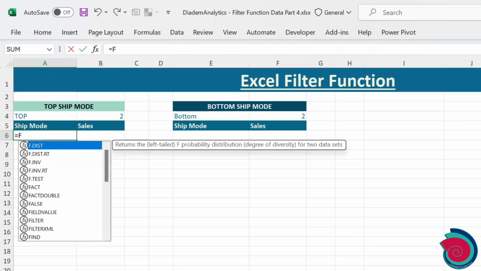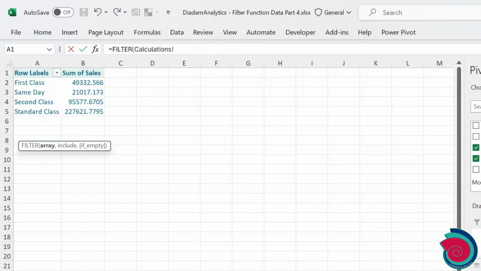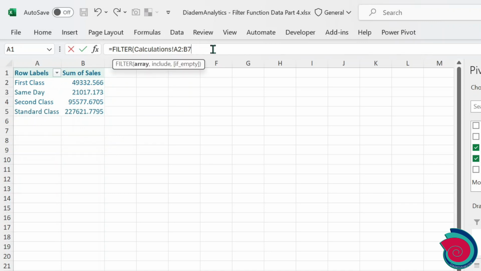We start by entering the FILTER function formula. First, we need the array. So the array, we're going to the sheet calculations, and we want to start from A2, and we want to make provision for any addition that may come in the future. So let's extend this to B100. Okay. Next,